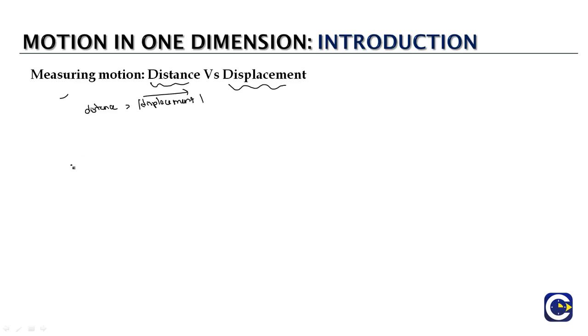In general, whenever a particle is moving from one place to another, let us say we look at this as the path. This is the total distance covered, and displacement is nothing but the shortest distance from A to B. We see that the distance covered will always be more than or equal to the magnitude of the displacement. The two will be equal if, for example, a particle is moving from A to B along a straight line path